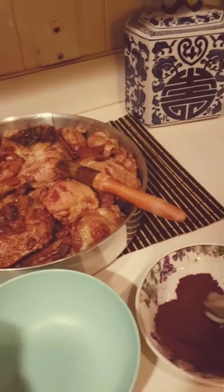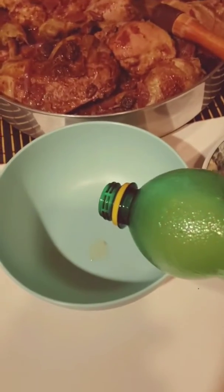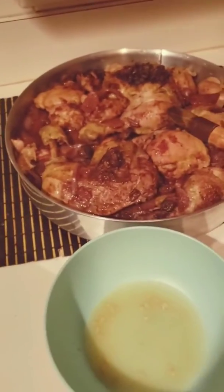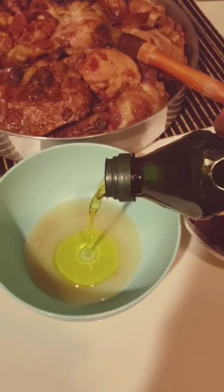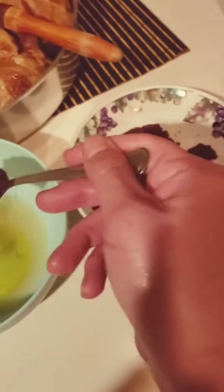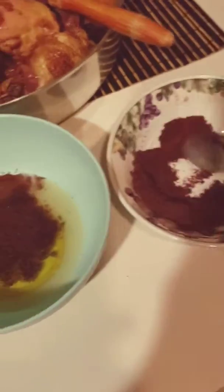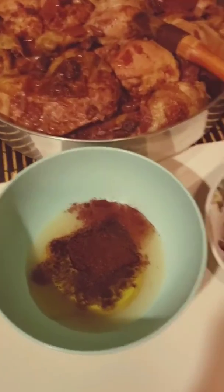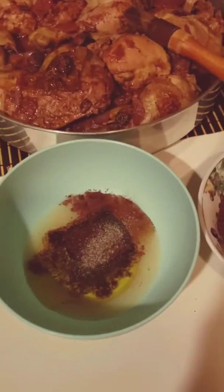So we add lemon juice, like two spoons, half a cup, a little bit. And olive oil, and some one or two spoons chili, black pepper. What you do, you